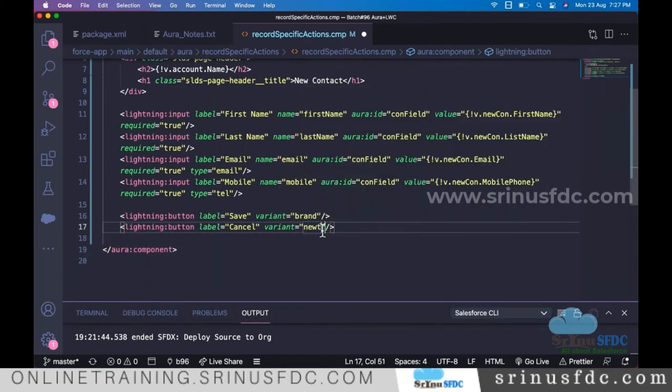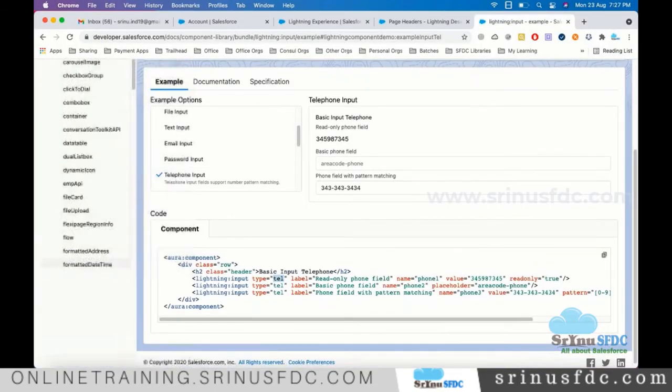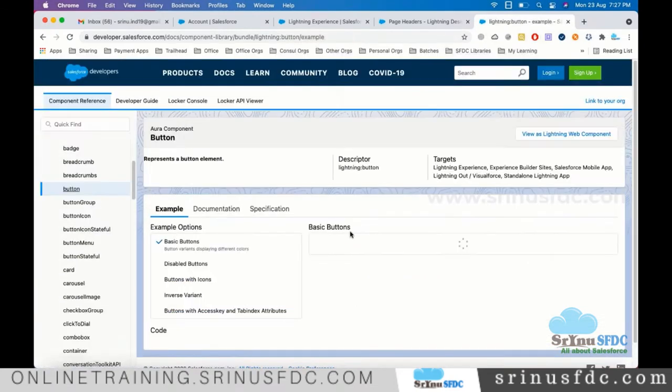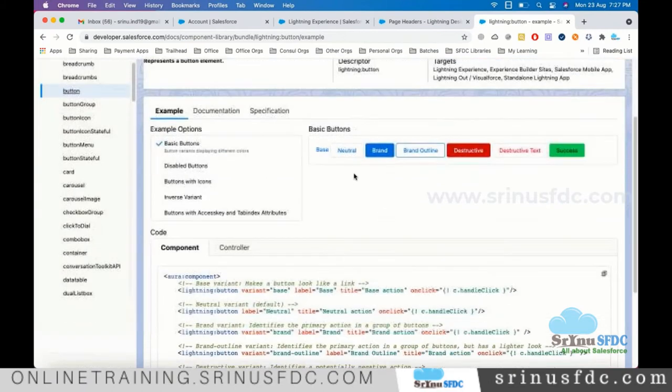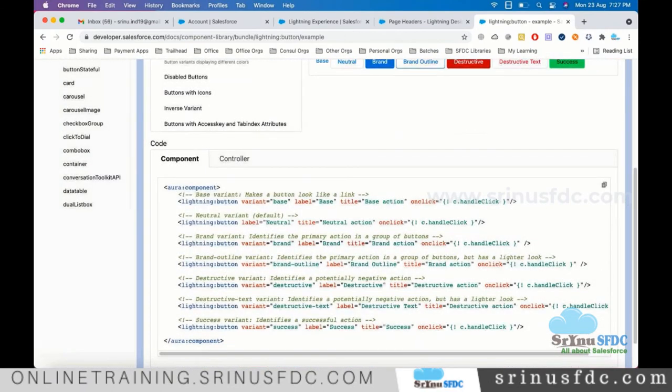I think that's one of the variants. In case, it won't take much time to see that. So if we are not sure about the variant type, you can quickly look into that. Right? So for neutral,